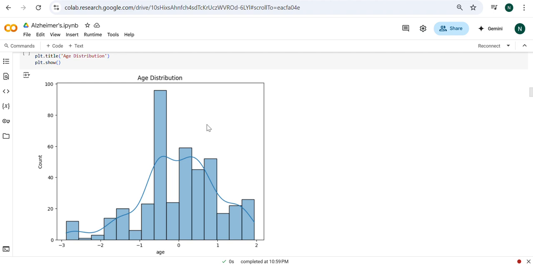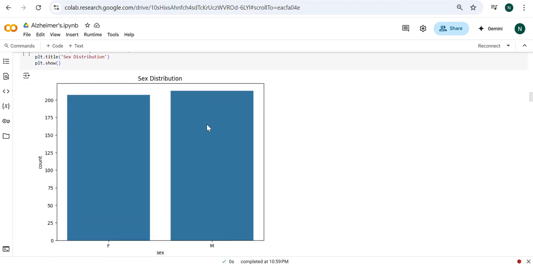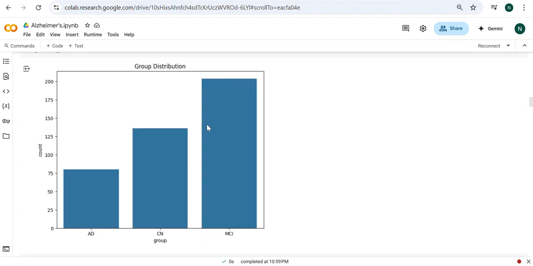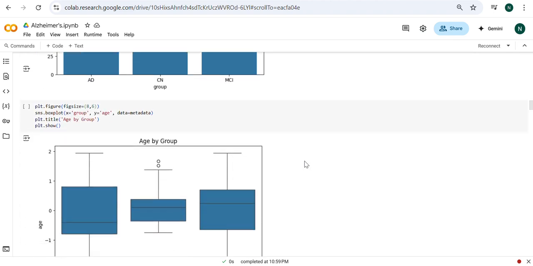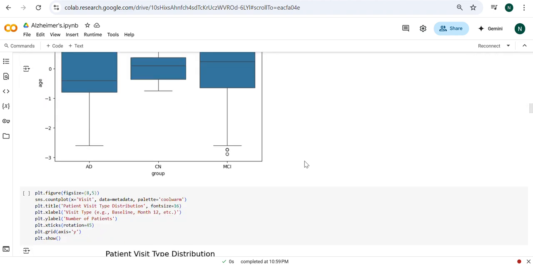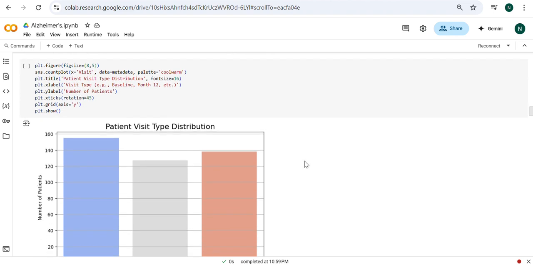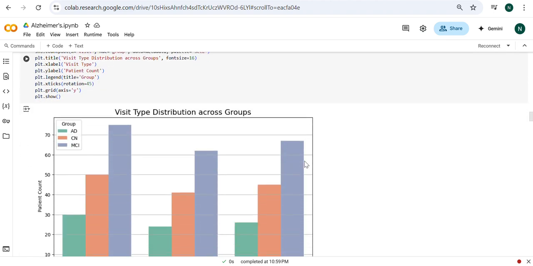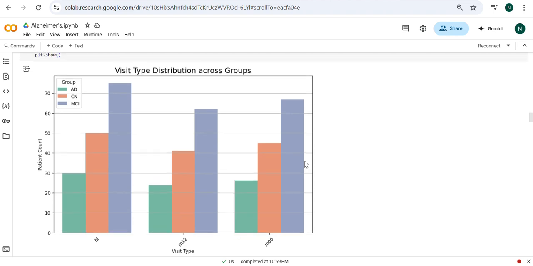This is the age distribution graph, and here we can see the sex distribution. This is the group distribution. We have 3 classes: AD, CN, and MCI, that is Alzheimer's disease, cognitively normal, and mild cognitive impairment. This is the age by group box plot, and this is the patient visit type distribution count plot. This is the visit type distribution across the groups,